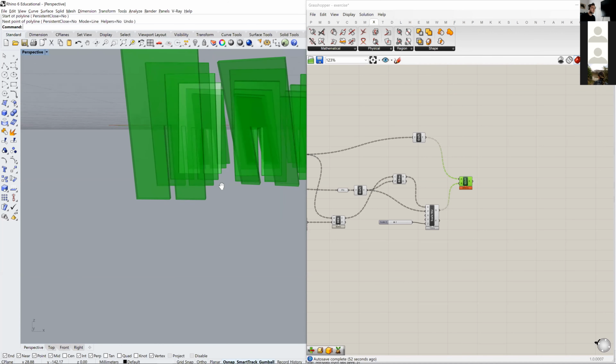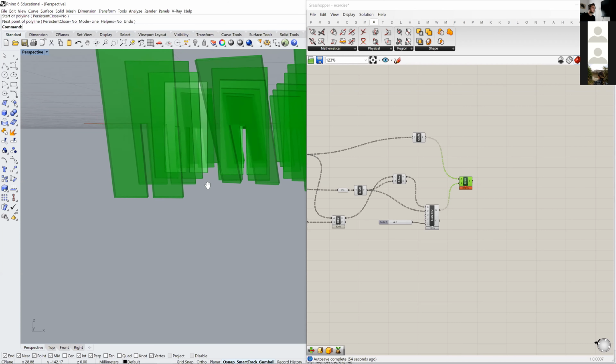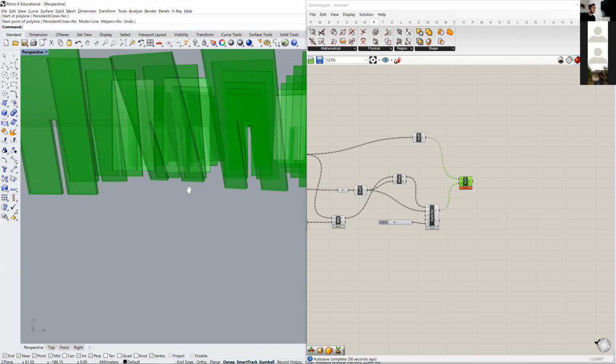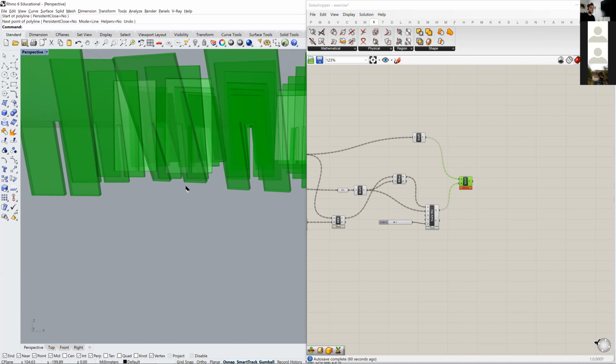So you can see that basically from this angle I'm showing you the geometry. I can always fit that certain element I was working with